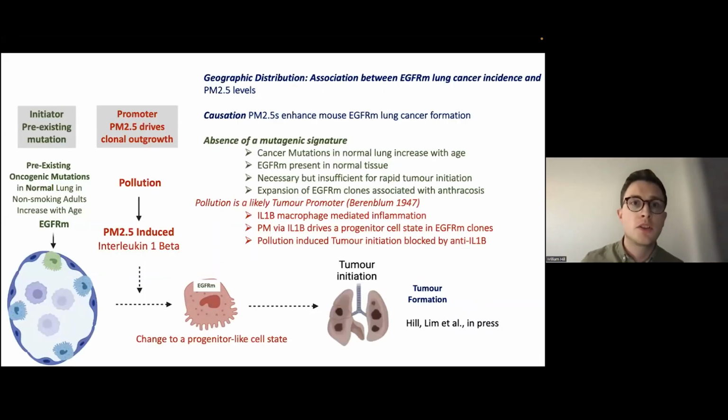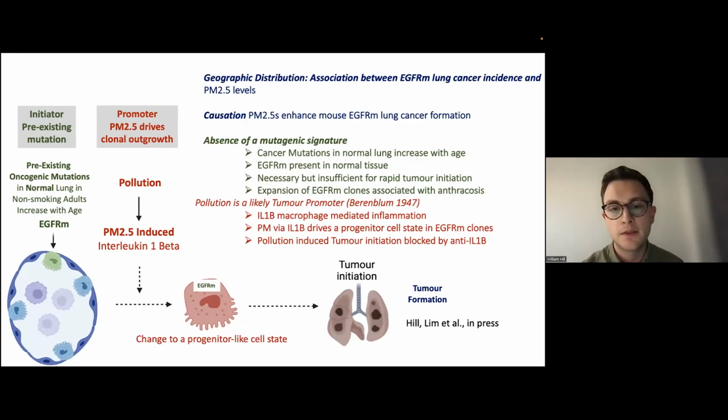And so just in summary, what we think is that over time, these pre-existing oncogenic mutations, such as the EGFR mutation, arise within histologically normal lung tissue. And then what we think is that particulate matter, via IL-1 beta, can induce progenitor-like cell states within these primed cells to drive some of the earlier stages of tumorigenesis. And I think this is quite exciting, that it offers opportunities to really understand the molecular mechanism by which